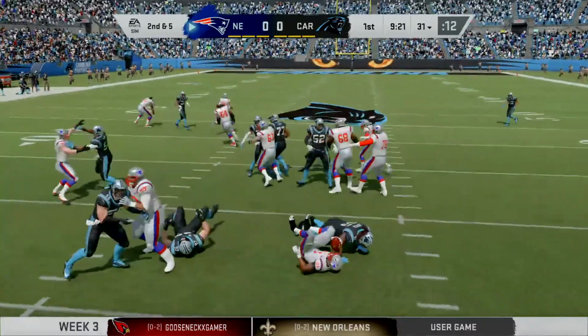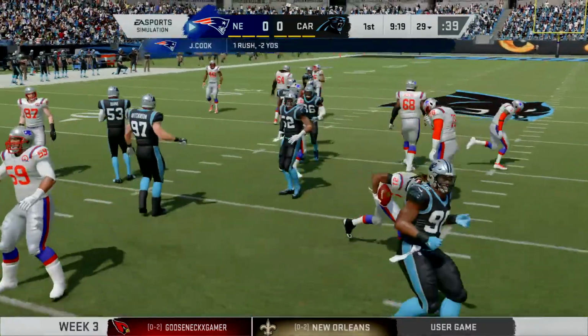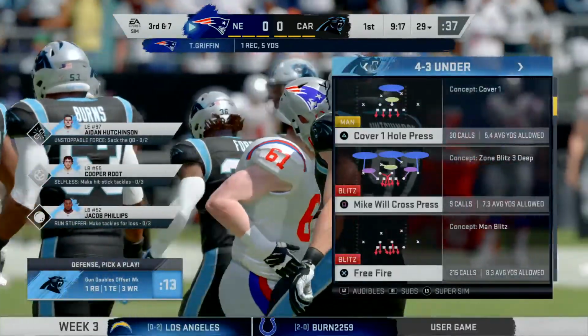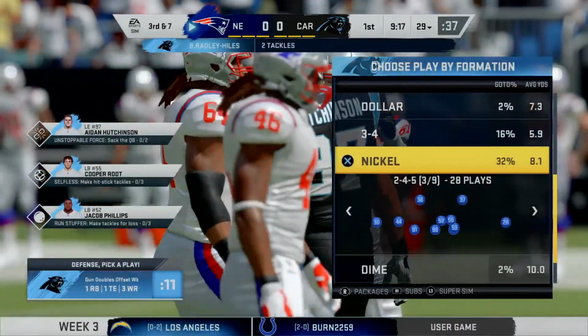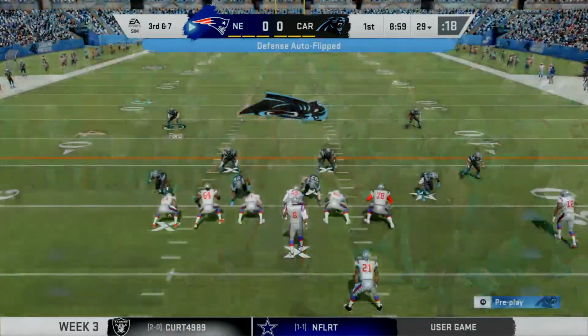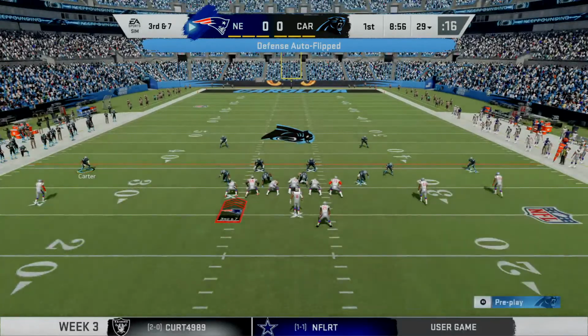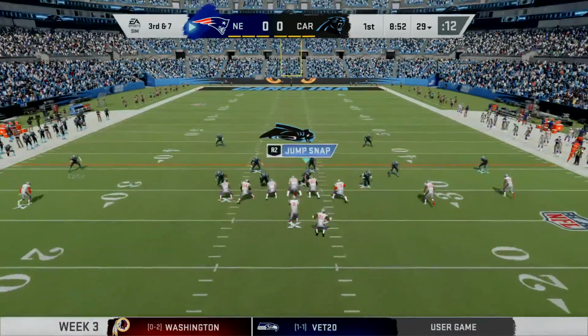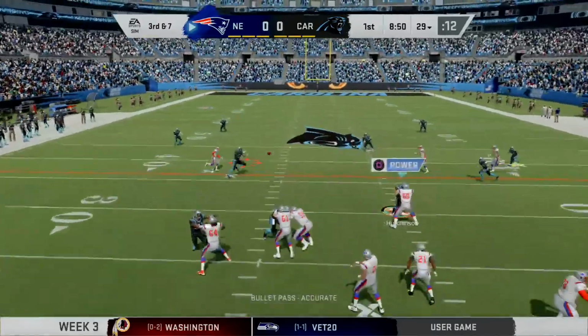On the ground, it's Cook. And he is met in his tracks behind the line of scrimmage. He lost 2 there, and it's 3rd down. What happened there? Was that just a missed assignment on the O-line? It certainly felt like it, but also the speed of the play. When you're talking about defensive end, they want to be ahead of the clock, don't they? They want to be upfield, making plays on every...